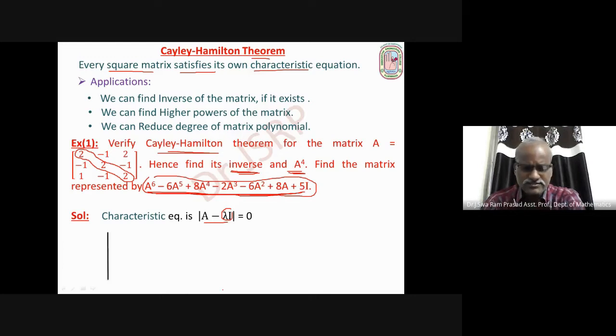So that is the determinant with first row 2 minus lambda, minus 1, 1; second row minus 1, 2 minus lambda, minus 1; third row 1, minus 1, 2 minus lambda, equal 0. So expand this determinant with respect to first row. First 2 minus lambda into, remove first row and first column, so the determinant of this is 2 minus lambda into 2 minus lambda, (2 minus lambda) whole square minus 1 into minus 1 into 1.